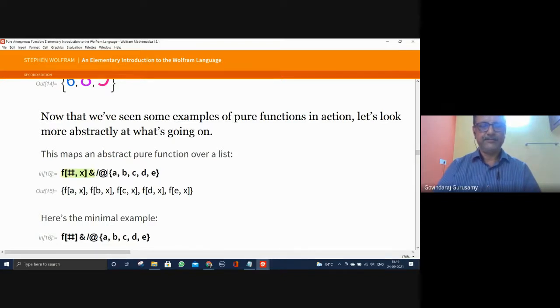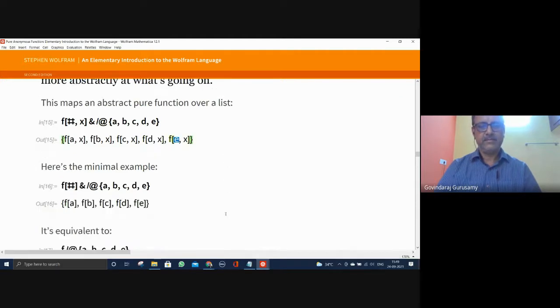I have a list here, and f of hash x, f of hash x and slash at, which means that the hash is replaced by A, B, C, D, E. Everybody is being mapped with this for the given value of x. So therefore, you will find f of A, x, f of B, x, f of C, x, D, x. This is mapping.